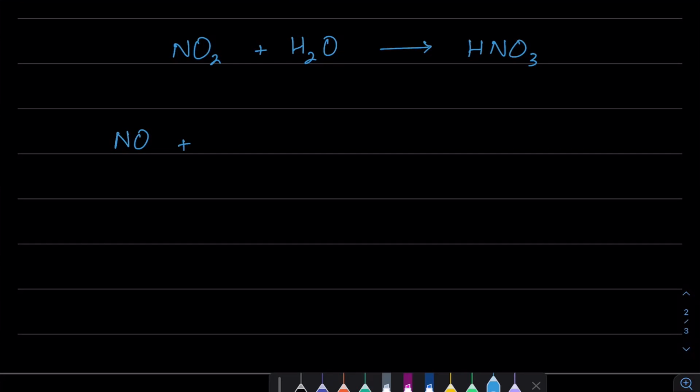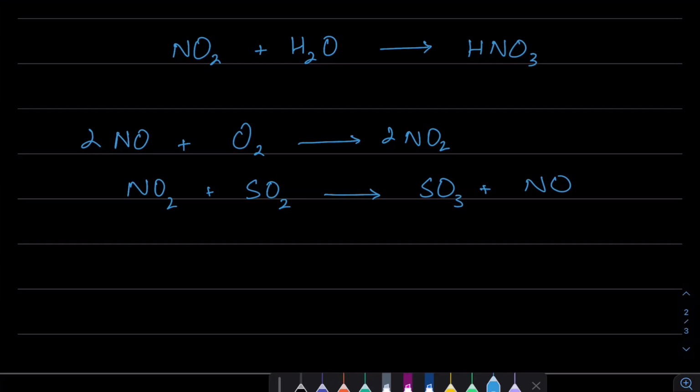Nitrogen monoxide can react with oxygen and produce nitrogen dioxide. And this nitrogen dioxide can react with sulfur dioxide to produce sulfur trioxide. Okay. And now this sulfur trioxide can be absorbed by water to produce sulfuric acid. And that is again coming down with the rain. ये equation में अभी balance नहीं कर रहा हूँ. The main idea is कि this is how the processes work.